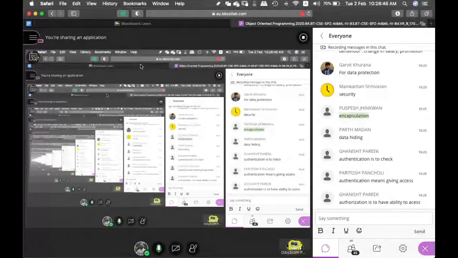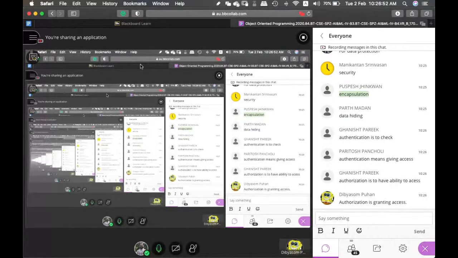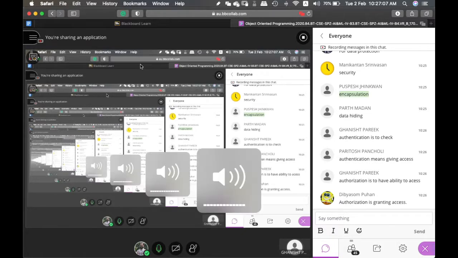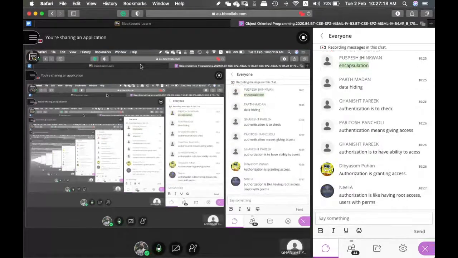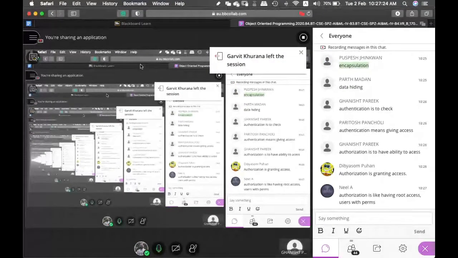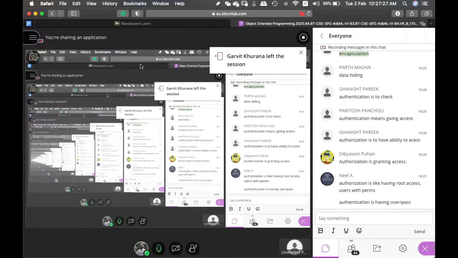Yes. Ganesh, can you turn on the mic? Yes, tell me, authorization. Authorization is to give access to certain individuals that cannot be given to everyone. Like in a bank, only bank servers are accessible to the manager, not the customers. And authentication is like logging into a bank account. They require a password and ID to confirm that it's indeed me accessing the bank.